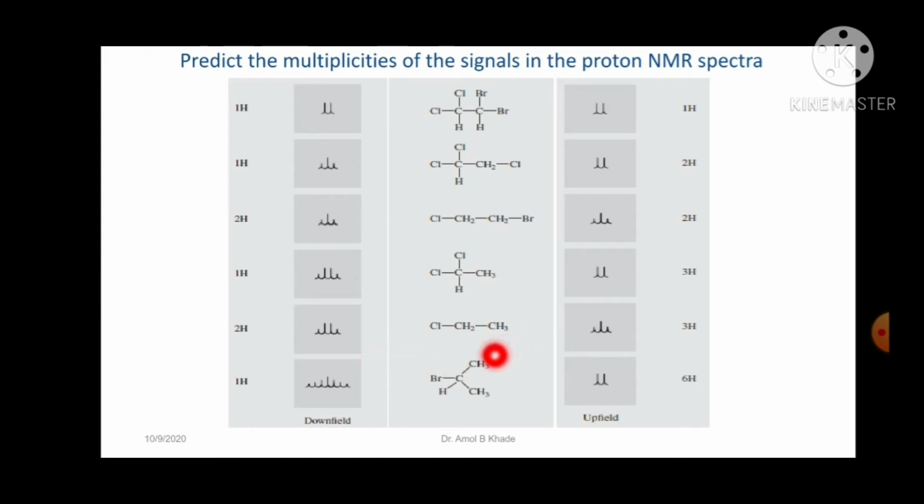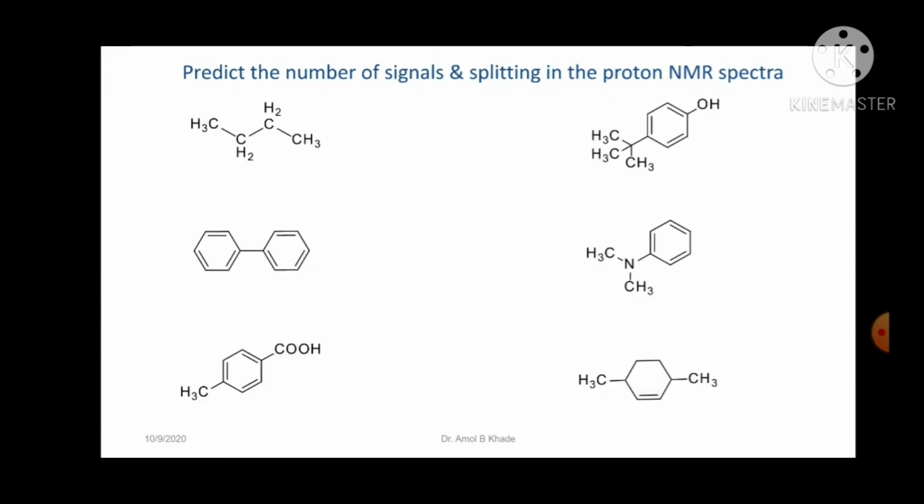And when we see the CH3, because they are chemically equivalent, they are in the same identical environment and the neighboring carbon has only 1 proton, so 1 plus 1, so these 2 CH3 will give only one doublet here, okay, and that will be a shielded one, in the upfield region, okay. So we'll see some more examples to understand this particular concept in a better way.